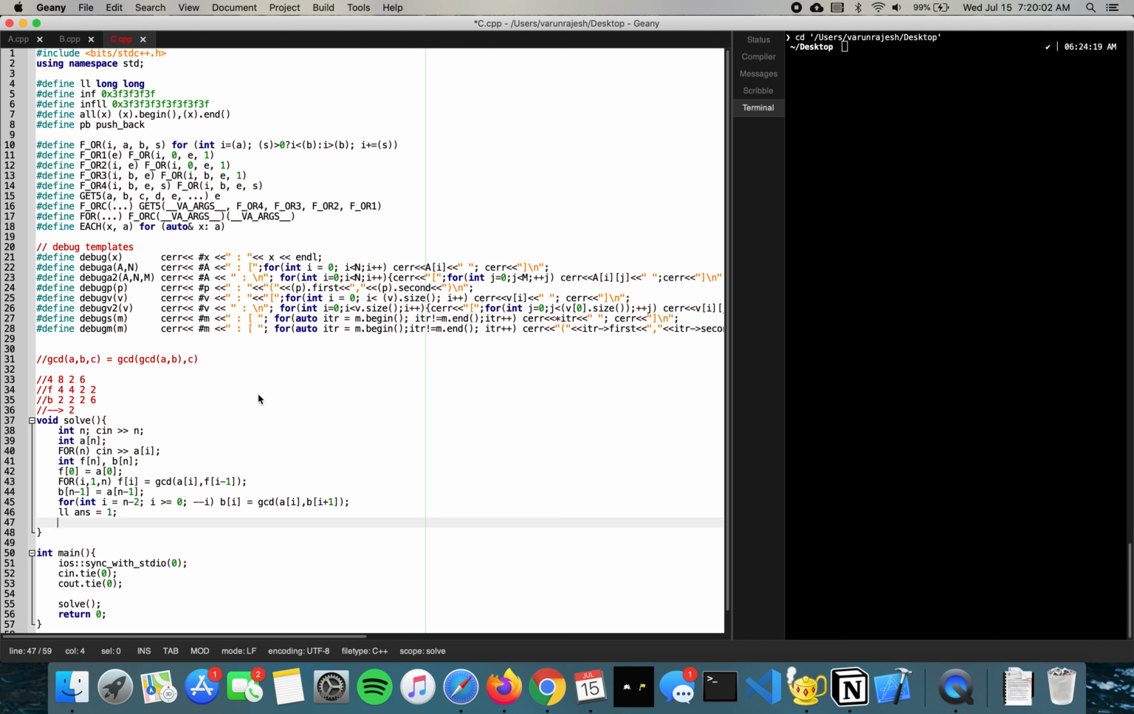Okay, so we go through the entire list, and when i is 0, we don't include a0. When i is 1, we don't include the second element in the list, and so on and so forth. So we want to know what are the left and the right. So the left